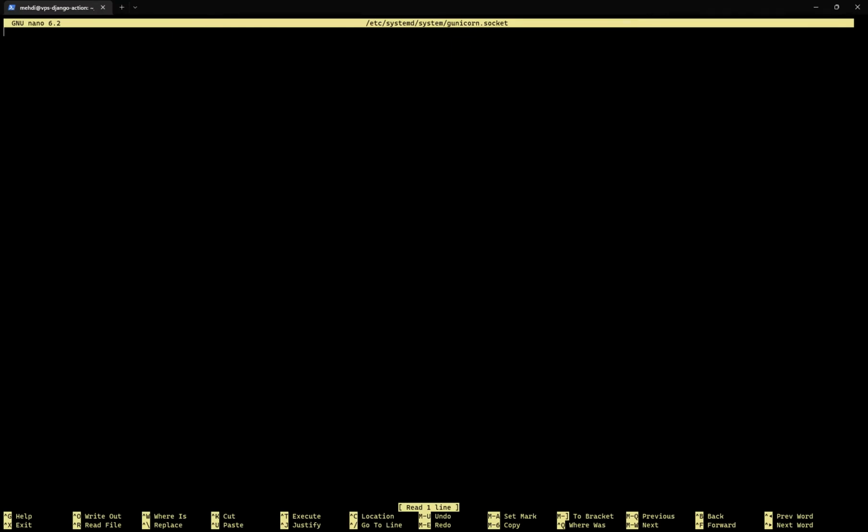Under sudo nano /etc/systemd/system/gunicorn.socket, we will create a file, and this is just a Gunicorn socket setting or config file. We don't need to know more about this config. Actually this is just a config file. We must create it, and we just copy and paste some settings from the Gunicorn website